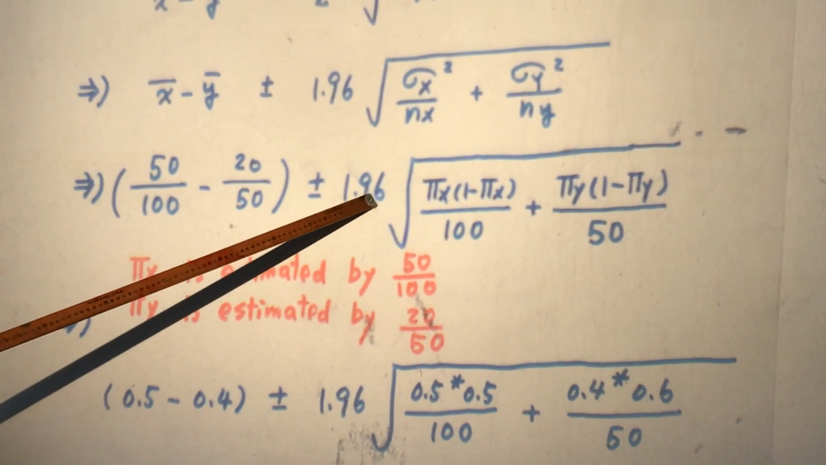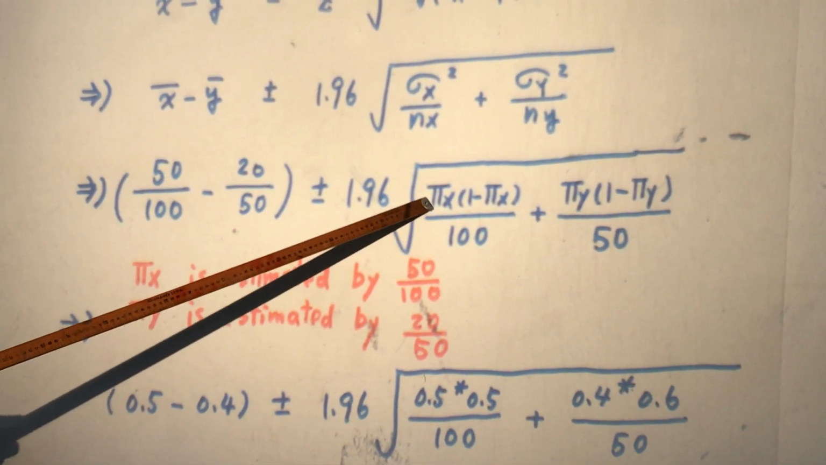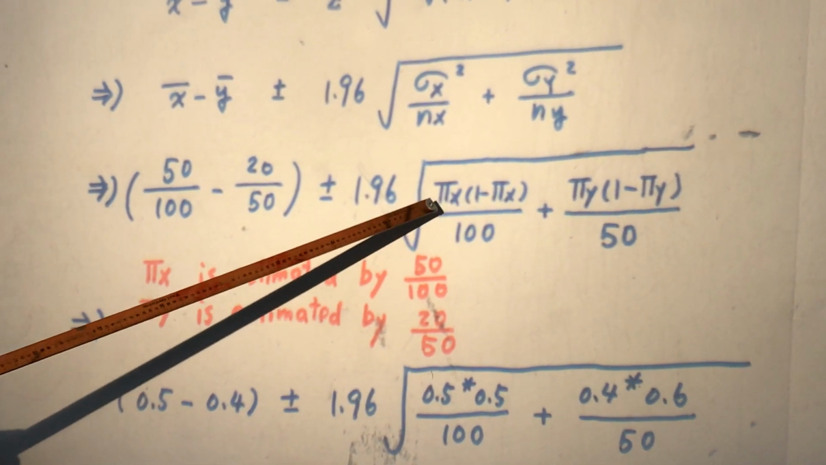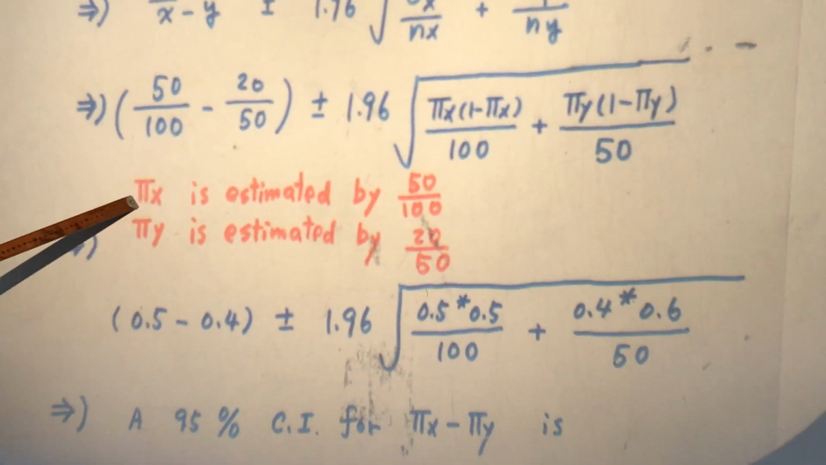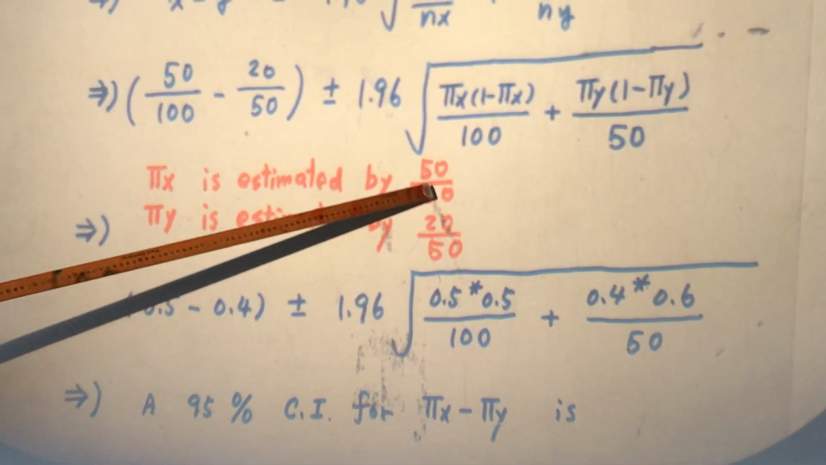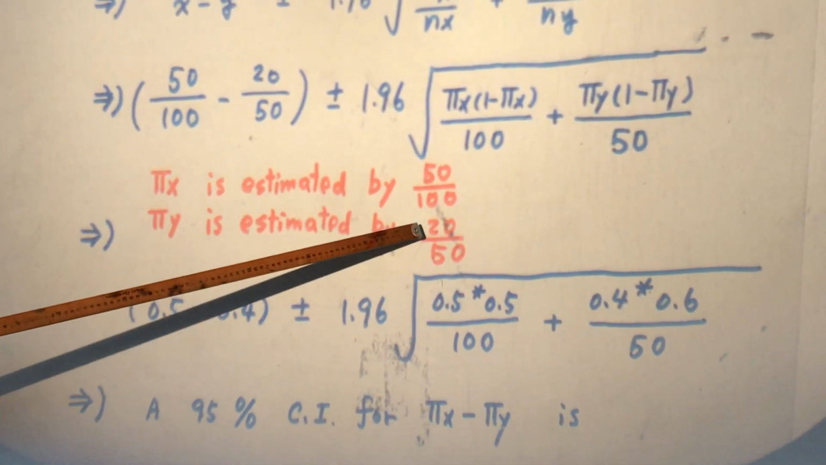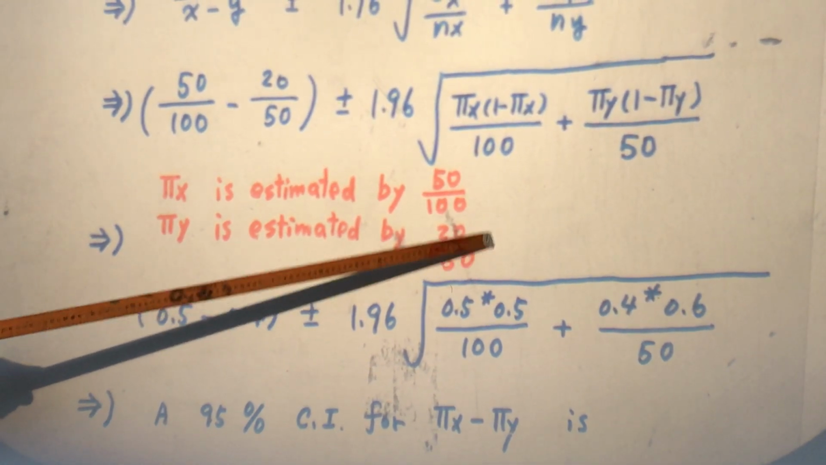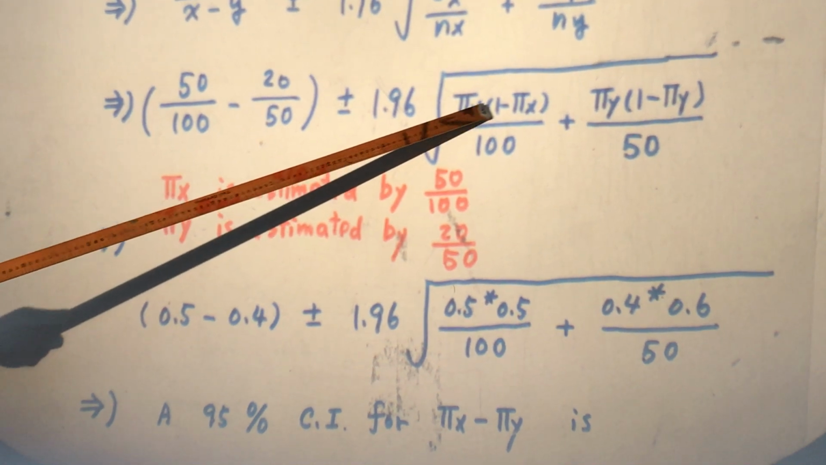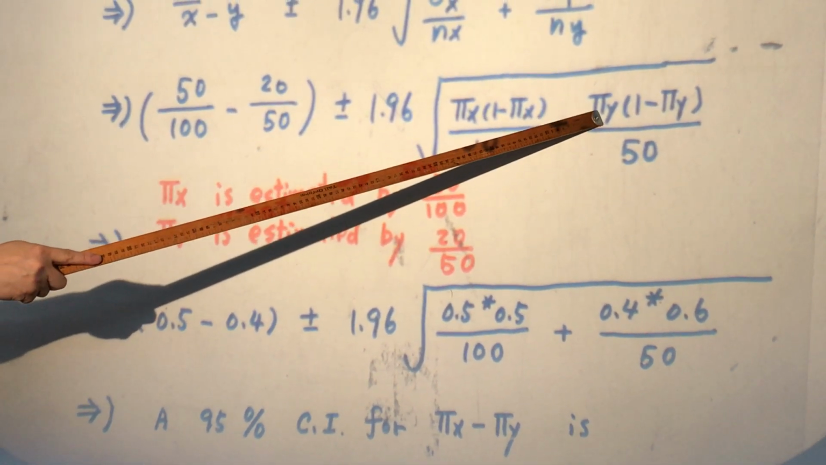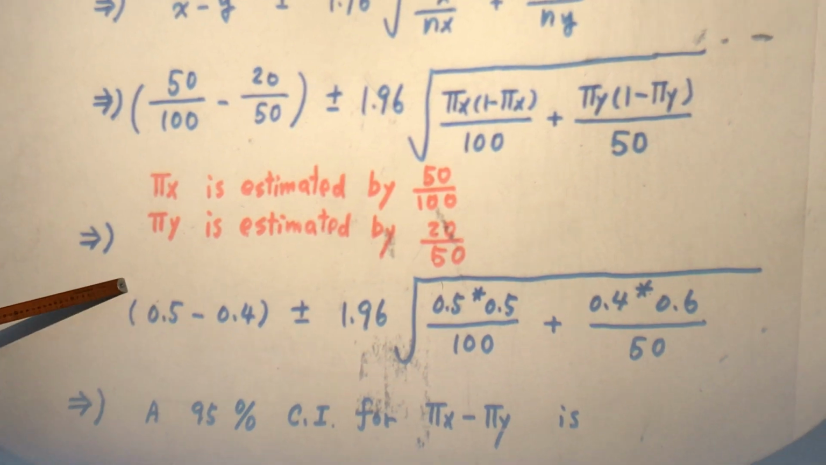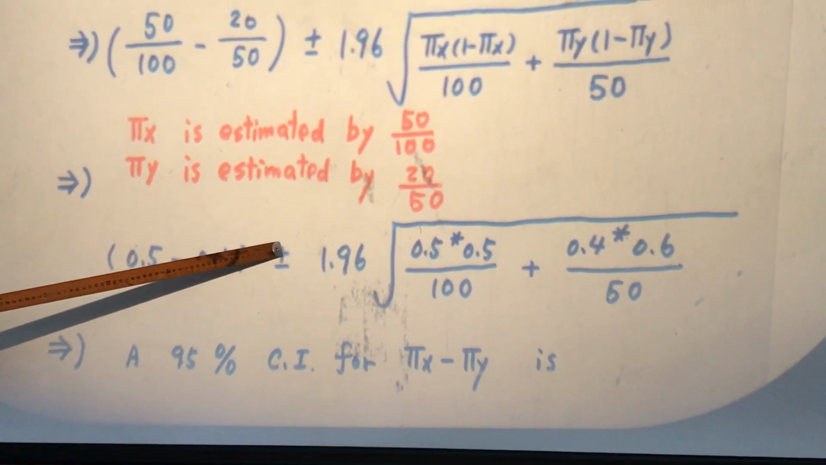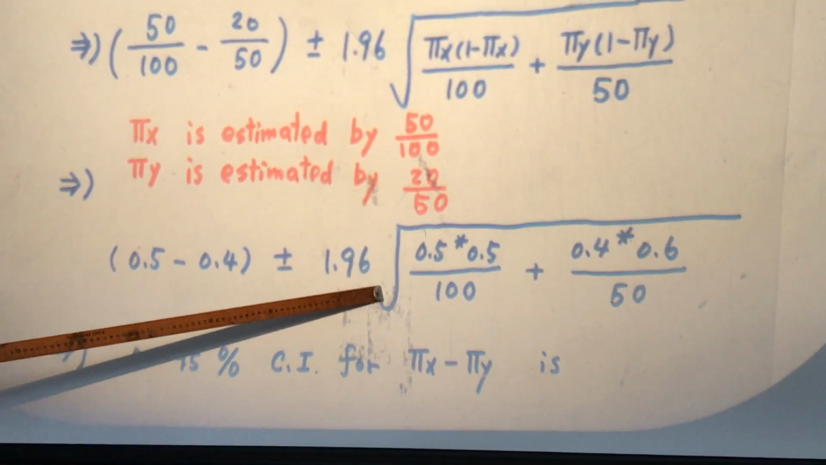Plus or minus 1.96. Here, you don't use pi x or pi y; you estimate them. You replace pi x by 50 over 100 and pi y is estimated by 20 over 50. So this is 0.5, this is 0.4. You plug in 0.5 here, you plug in 0.4 here. Is that clear? After you plug in the numbers, it becomes 0.5 minus 0.4 plus or minus 1.96 square root